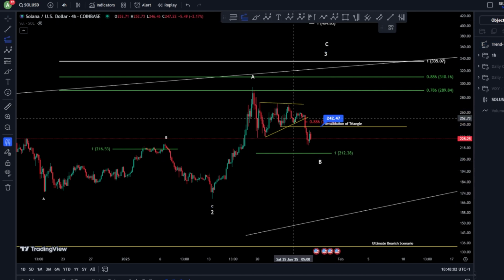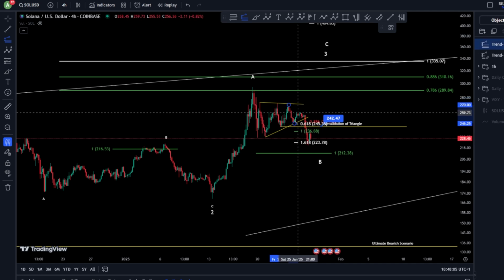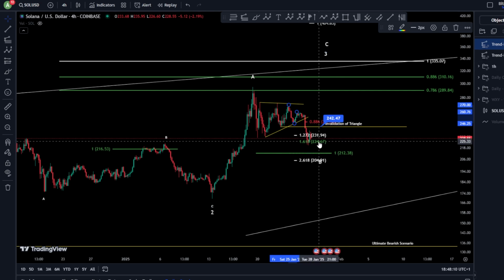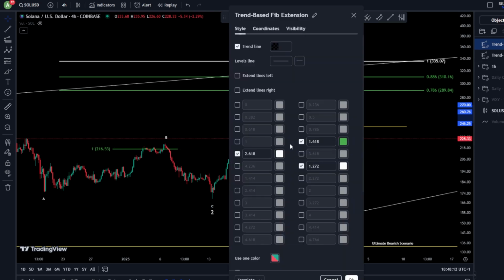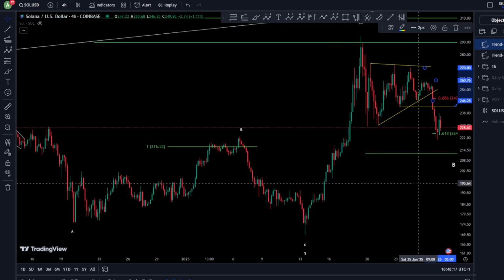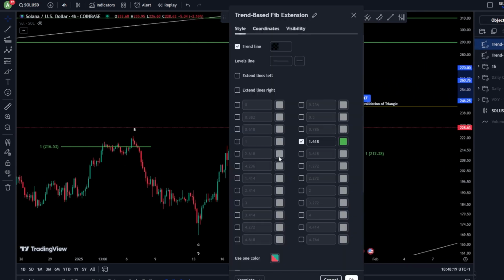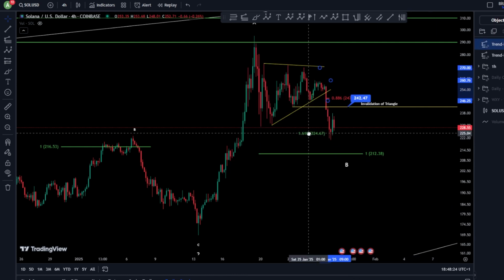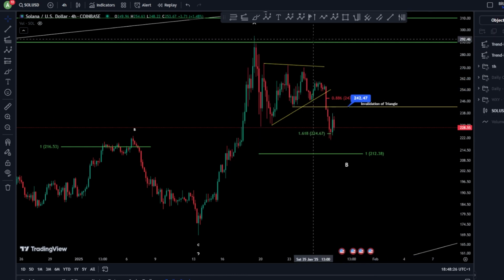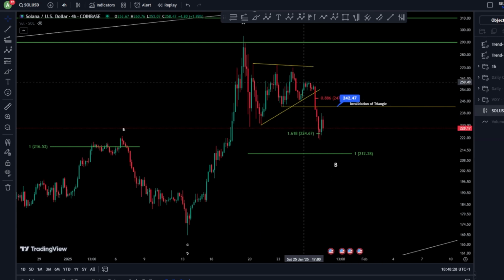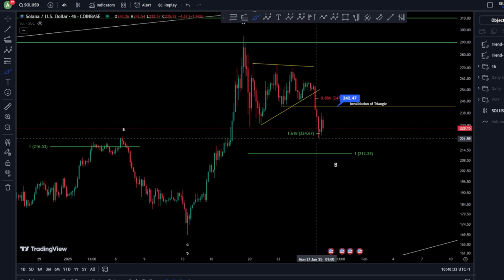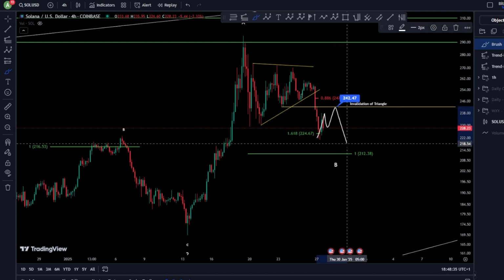I would say, to be much more accurate, let's take the 1.618 for a wave 3 in an impulse, and in that way it gives us a much clearer view. And as you can see, the 1.618 was perfectly hit for a wave 3. Very, very nice, respected level. Here we go. And now we are looking for a wave 4. Your wave 4 might not be finished yet because your wave 2 is a little bit longer in time. I think we might still have some waves like this